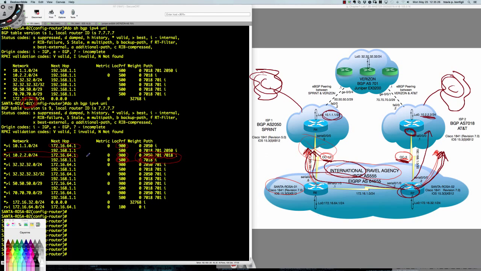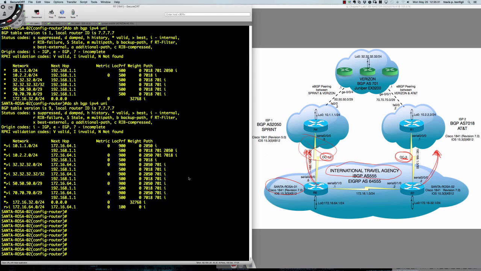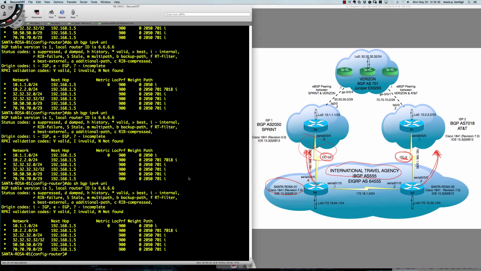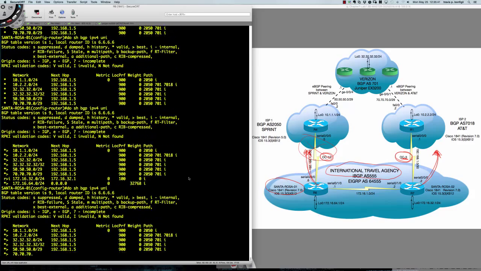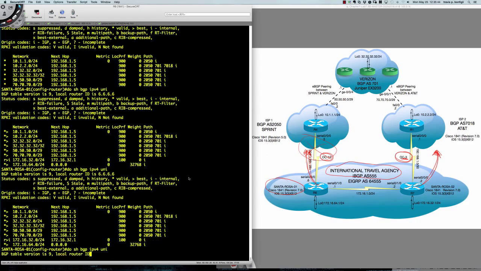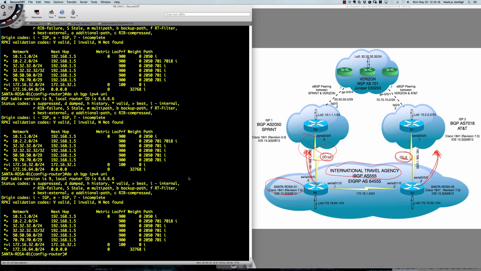Okay, so now I have all my traffic flowing out my OC12. Let me go ahead and clear my screen here. We'll come back into the window. Let's go over to Santa Rosa 01 and see what he's reporting, because it should be up to date now. And he's actually seeing only the local preferences of 900. He's not seeing the multiple paths here. We want him to see the multiple paths, because in case of a failure,